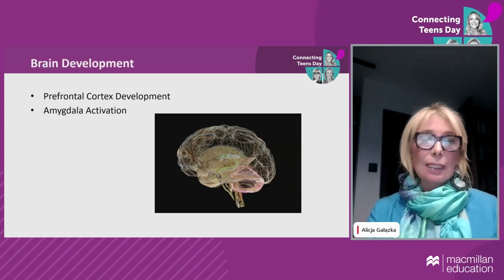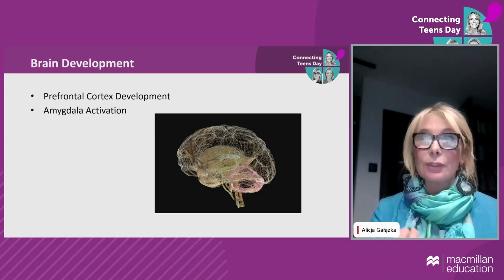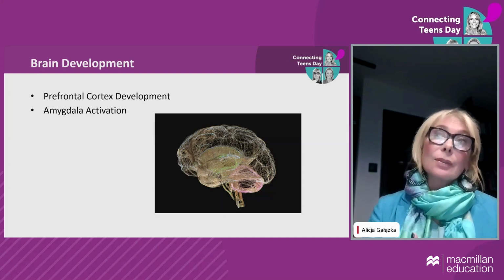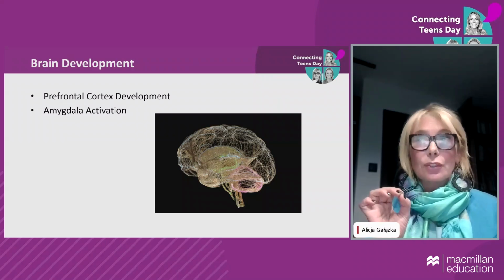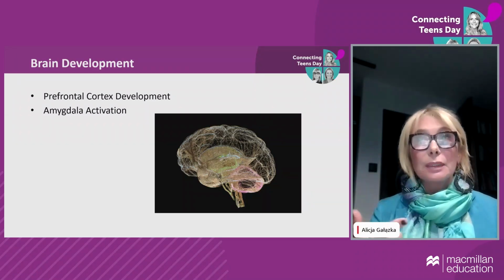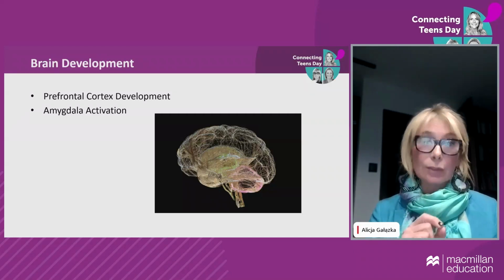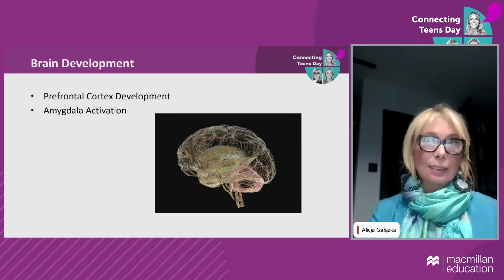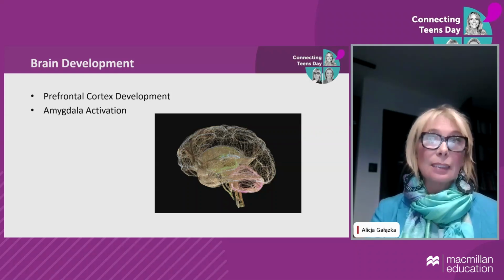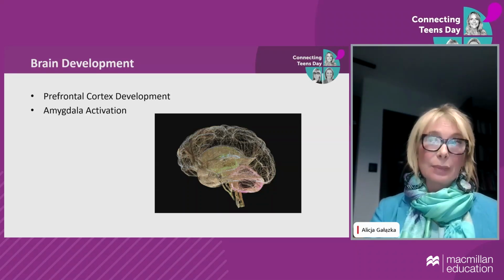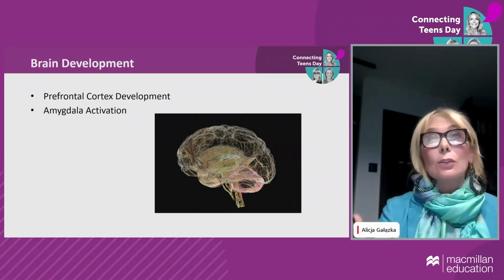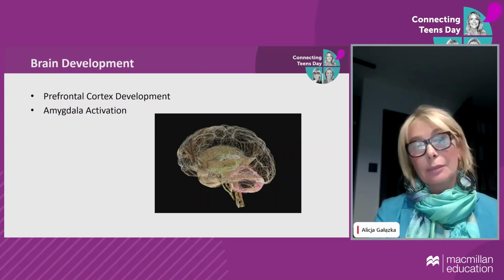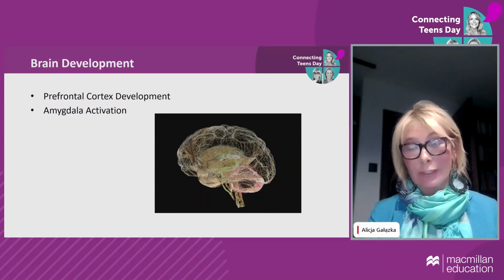Monica has told about the brain, and it's something we also have to be aware of: the brain during this period of transformation undergoes significant maturation, particularly in the areas responsible for decision making. So impulse control, emotional regulation. We have two regions of the brain which are extremely active during this time. The first one is prefrontal cortex development, which is crucial, as has already been said, for reasoning, for judgment, for making decisions, but it can also lead to impulsive behavior and some difficulties in anticipating consequences of actions young people